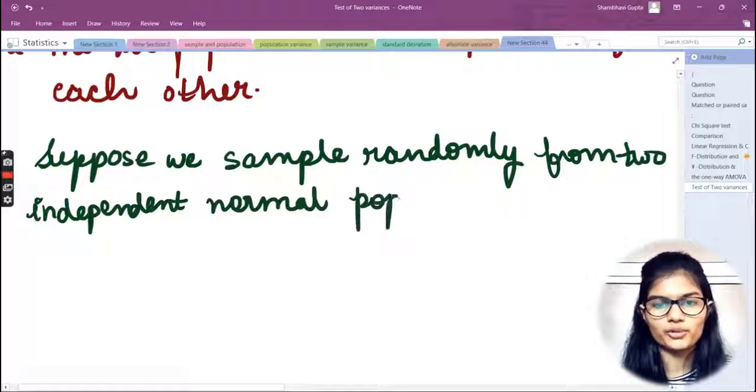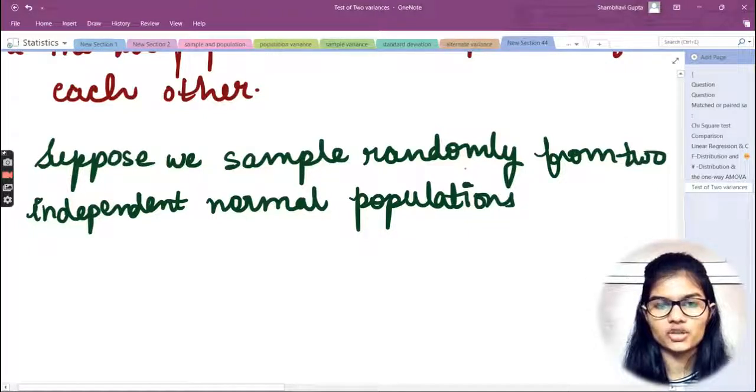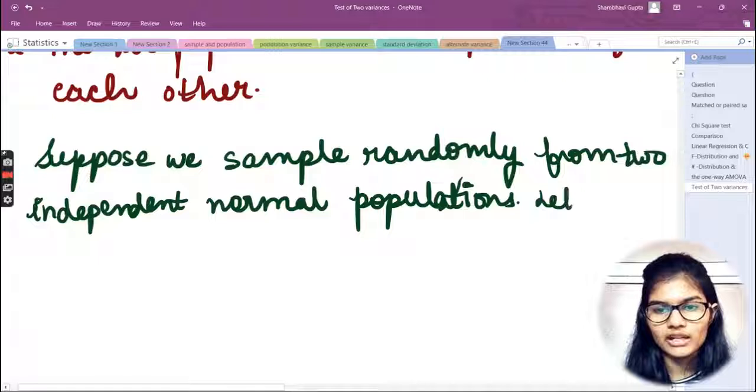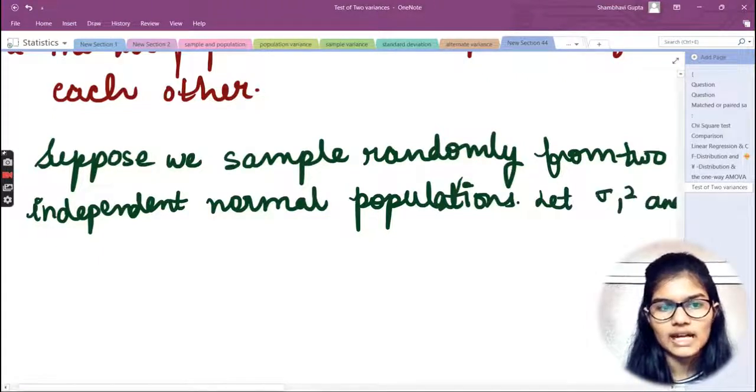Now in that case, let sigma 1 square and sigma 2 square